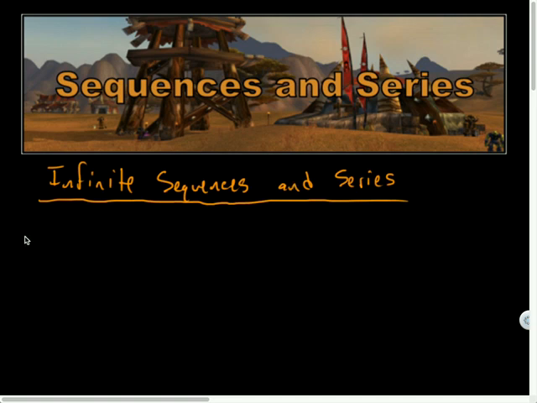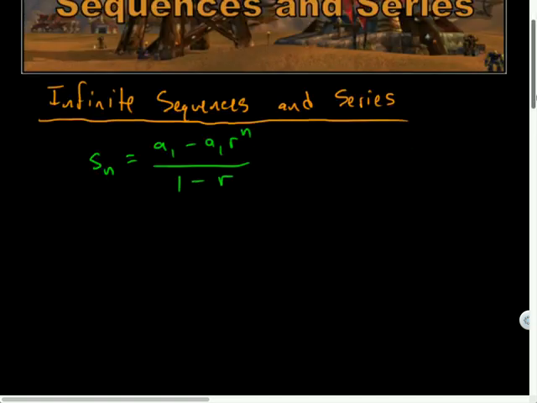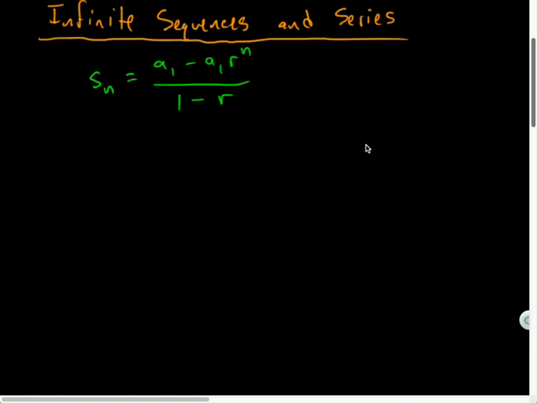So what was our formula for S sub n in a geometric? A sub 1 minus A sub 1 times r to the n all over 1 minus r, right? So that was our formula for S sub n. So if I wanted to derive a formula for S sub infinity,